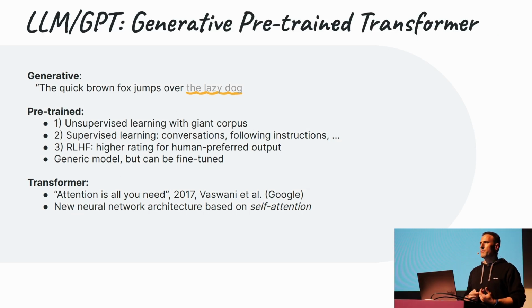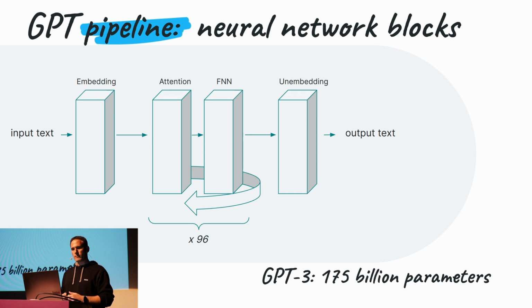So what about GPT then? GPT, we don't have to look at all of the details, but it's basically a much larger language model that has been invented based on the transformer model, a new type of model that was introduced around 2017 thanks to a landmark paper by Google called Attention Is All You Need. But it's basically just a pipeline of different types of neural networks processing some input to predict a given output. We can have a simple view of the pipeline here.